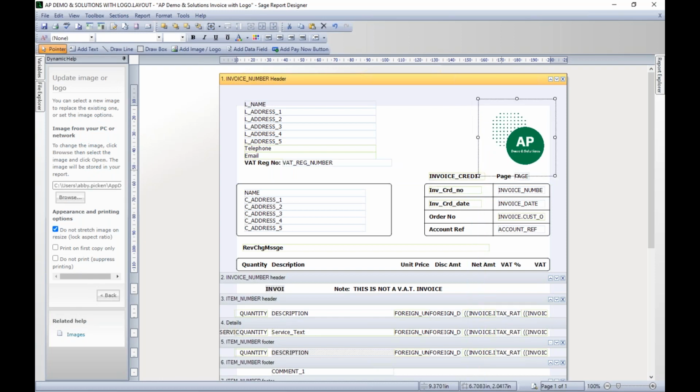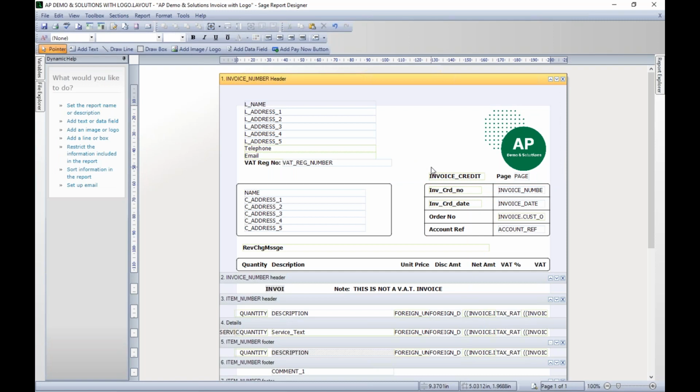You can drag it as much as you want, and also to move it around, you can either drag it by clicking the left on your mouse, then dragging it about, or you can use the arrow keys on your keyboard to move that around as well. So you can get it really as close to the edge as you want, right up the top, using your arrow keys if you want a bit more position. Once you're happy with the position,